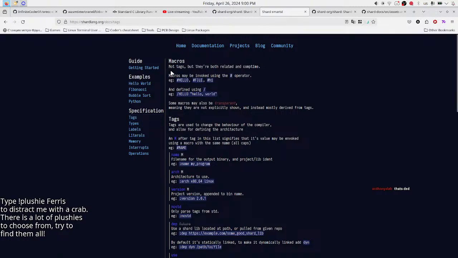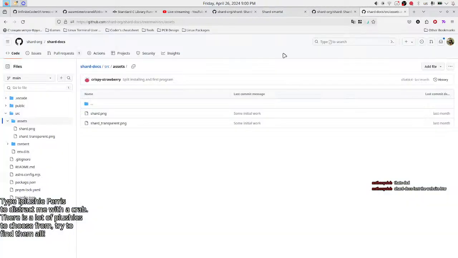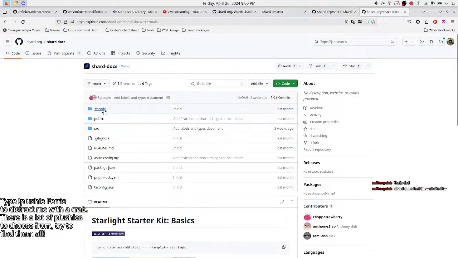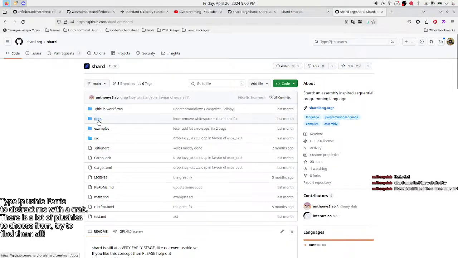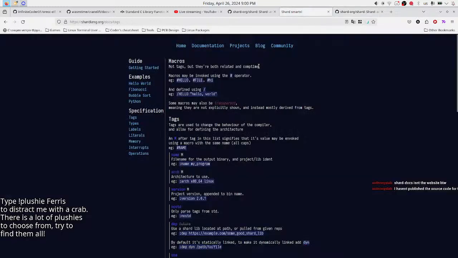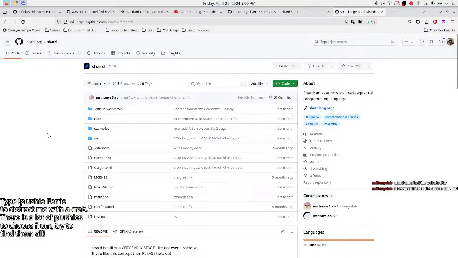Macros, not tags, but they're both related and compile time. Is the website? What is this? I wonder. VS Code. See, VS Code user. So source code for the website. I just wonder what it's written in. Markdown, maybe Neapolitan. Don't know. Plain HTML. mdBook. I don't think it's mdBook.